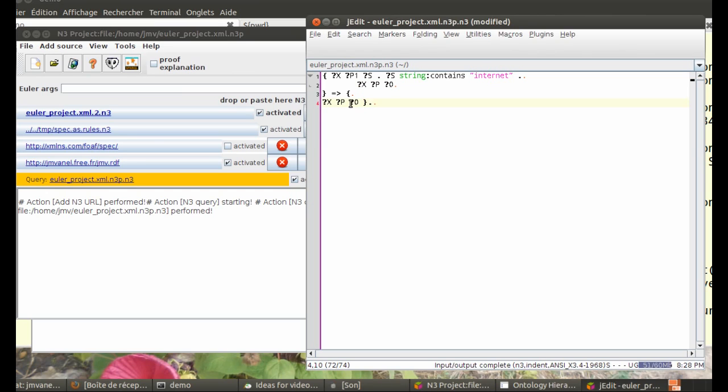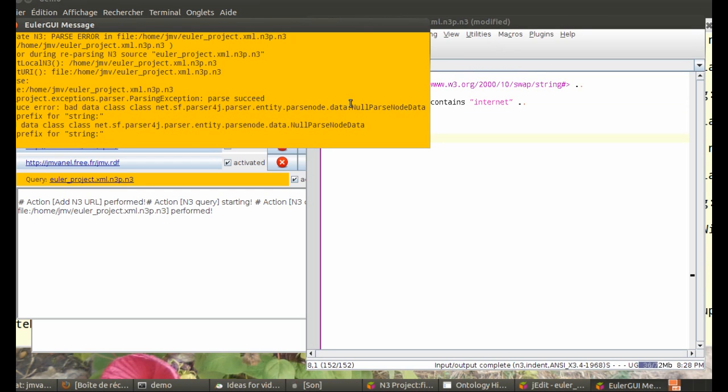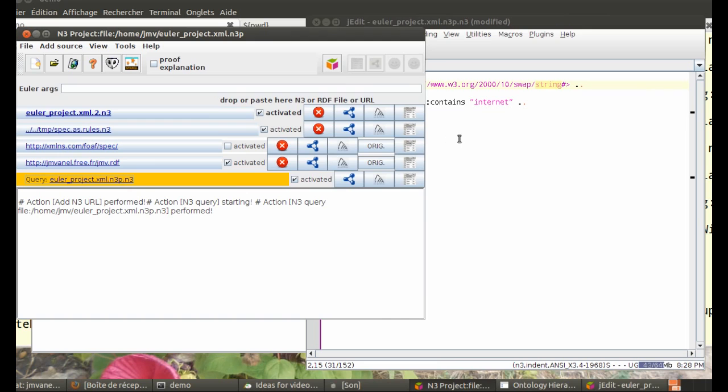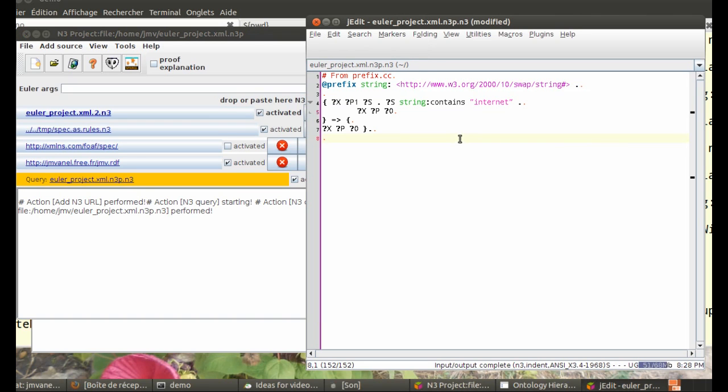So let's save this, and also the namespaces will be completed. Let's save again. So it just added the namespace for string, which is a namespace for CWM built-ins. So now we must save again, and we can